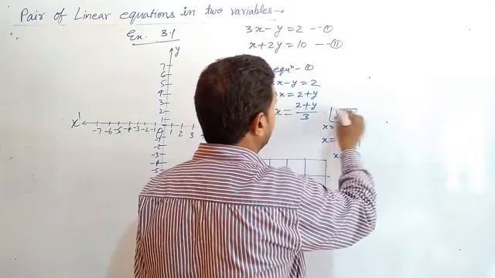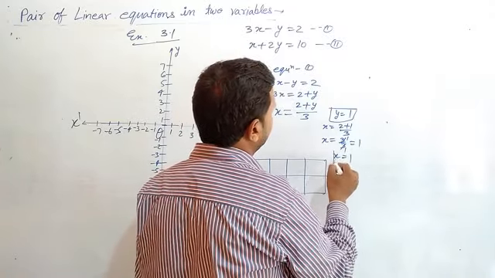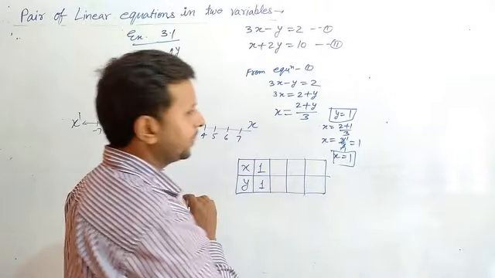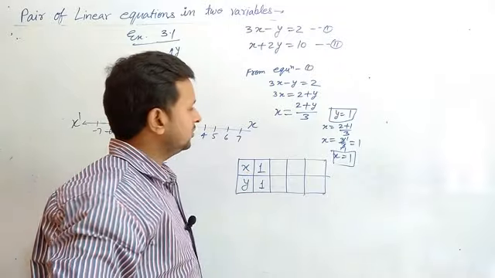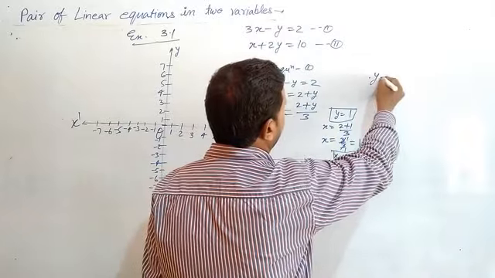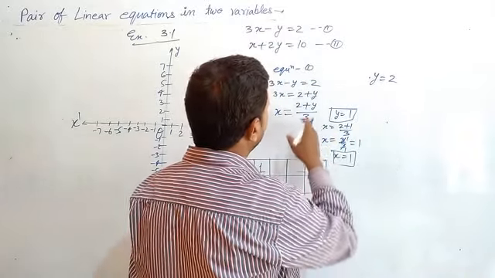If we put the value of y is equal to 1, we find here the value x is equal to 1, means x is equal to 1 here. It's right. The value of y is 1, the value of x is 1. It's right. Now again, if we put the value of y is equal to 2, we assume that value that